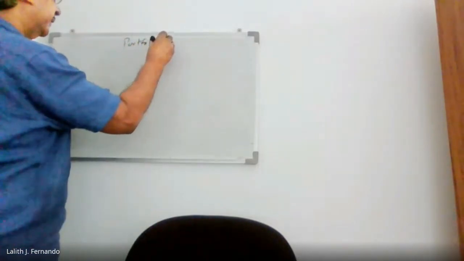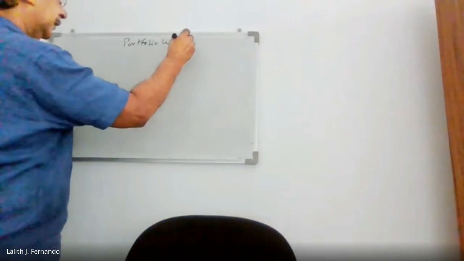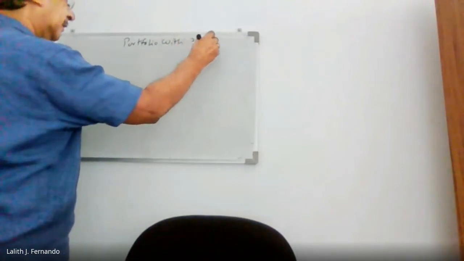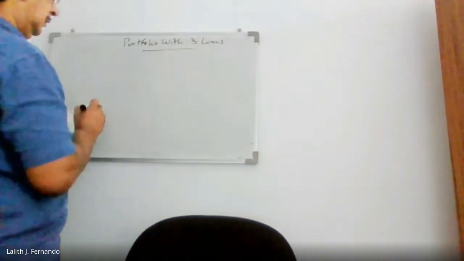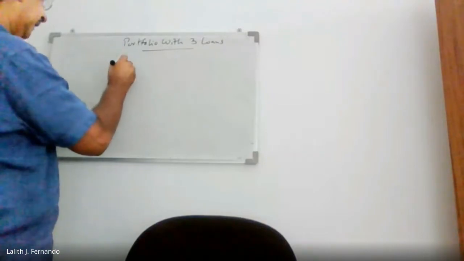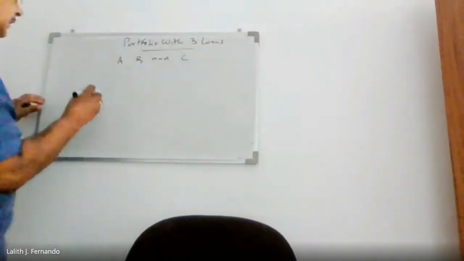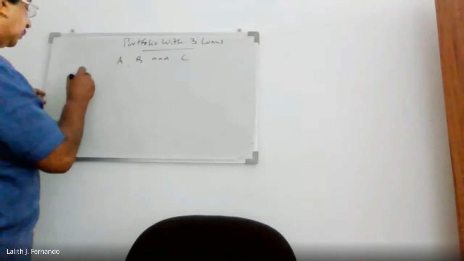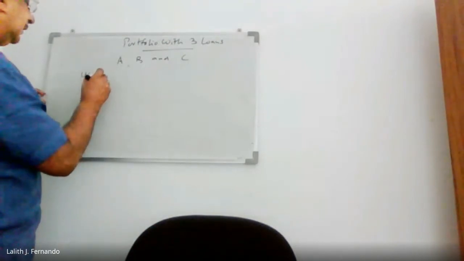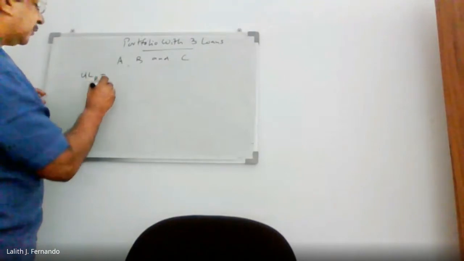Portfolio with 3 loans, so we can say A, B, and C. Then what is the portfolio risk, unexpected loss? The square root of